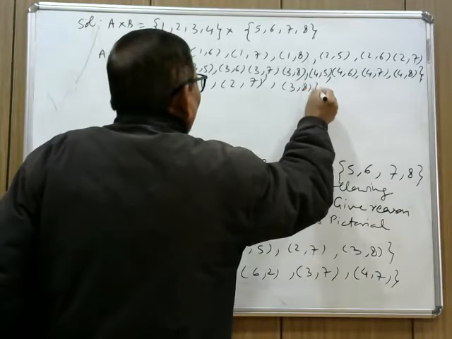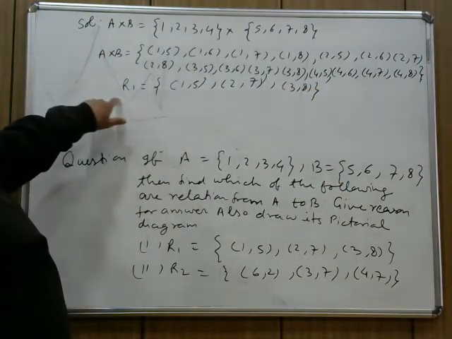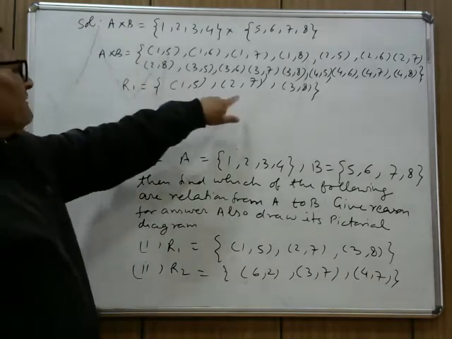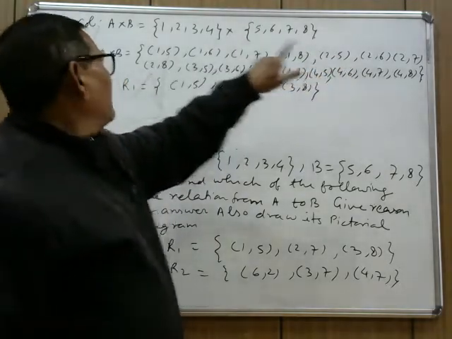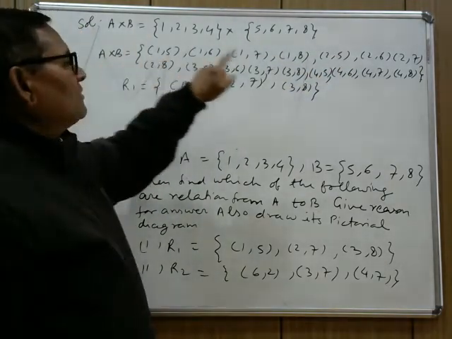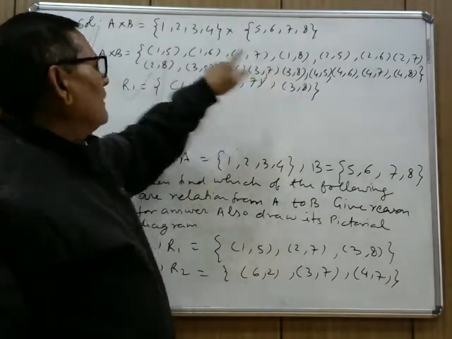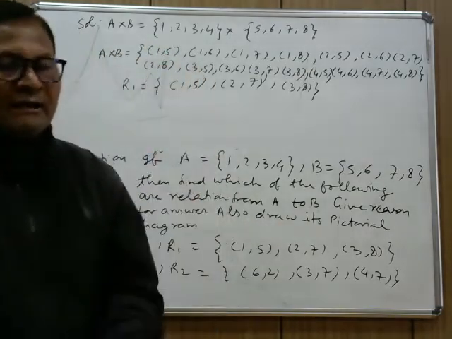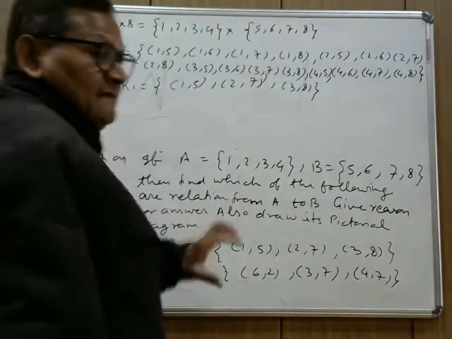You observe that (1,5) is an element of R1, and (1,5) is an element of A cross B. (2,7) is an element of R1, and (2,7) is also an element of A cross B. (3,8) is an element of R1, and (3,8) is also an element of A cross B. This means that every element of R1 is an element of A cross B, and that is the definition of